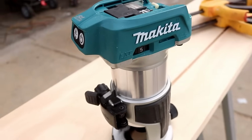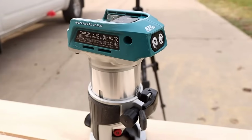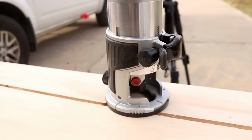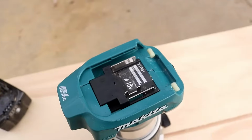This is the 18 volt LXT lithium ion brushless cordless compact router, tool only. As usual, today we're going to slice, we're going to dice, we're going to go through all the specs. I'll show you how it's used, all the things that I do like, a couple of things that I don't,